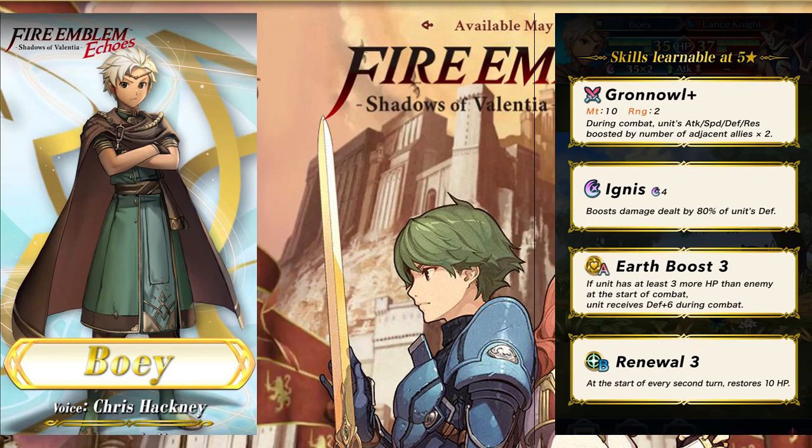And Renewal 3, at the start of every second turn, restores 10 HP. So again, that just couples in with the Earth Boost and the Growl being able to be a defensive tank unit. So I definitely need a green mage for my team, and this guy looking like a really good defensive unit